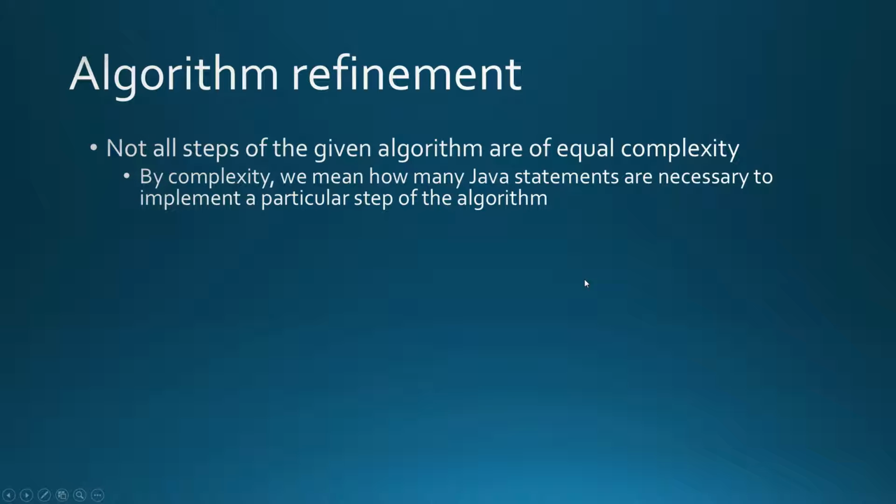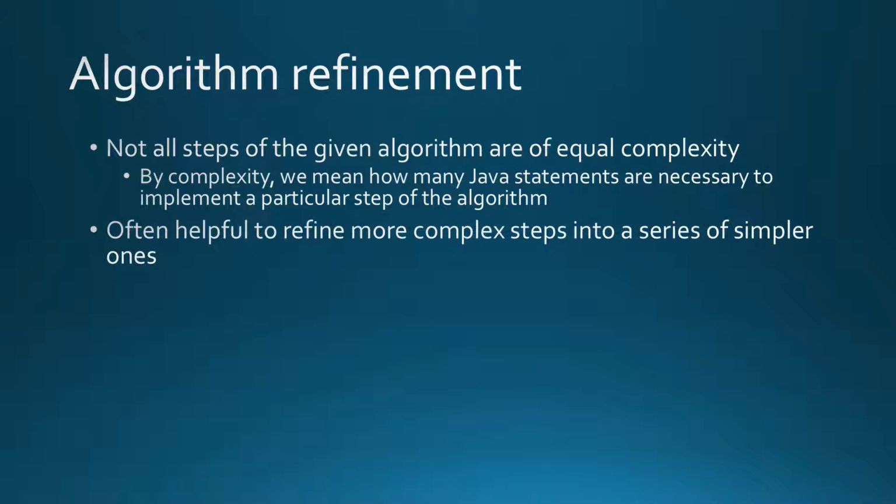Before we proceed to code design, we're going to do a little algorithm refinement, because not all steps of the given algorithm from the program design are of equal complexity. And by complexity, we mean how many Java statements are necessary to implement a particular step of the algorithm. The simplest kind of mapping would be one Java statement per one line of the algorithm. But it's very common that when we construct algorithms, we do construct them at a higher level than that, and it's a good idea to refine them into a series of simpler ones, and that makes then the mapping to code